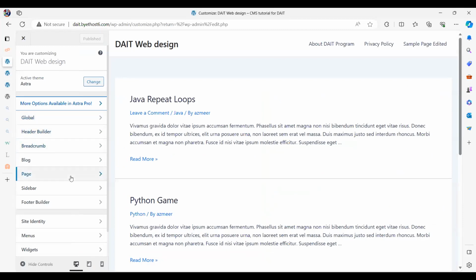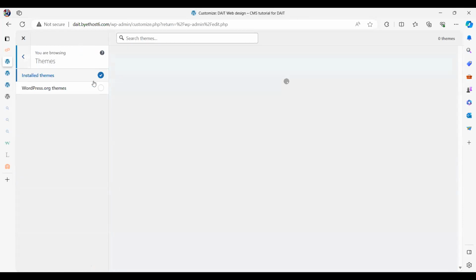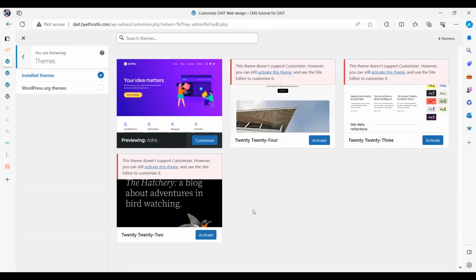let me see. I'm using the Astra theme. Let's try to change that and see what else we can do with a simple one. This is a brand new one, 2024. However, you can still activate this theme.